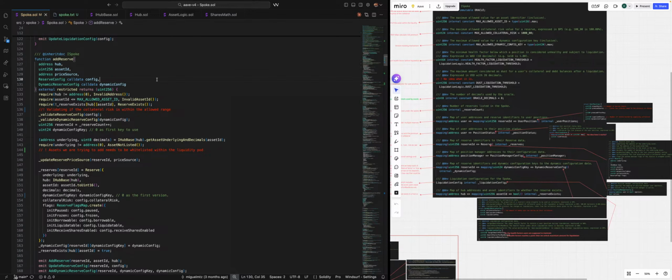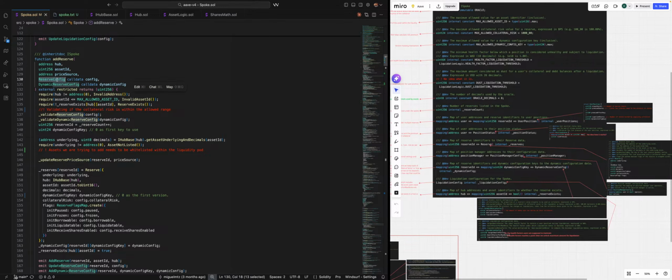Reserve is basically the liquidity of a token that we are adding to a hub, and a hub is a pool, you can say, of some tokens. Asset ID is the asset that we are adding within the hub. It should be whitelisted within the hub. Price source is basically the oracle that will tell us the price,